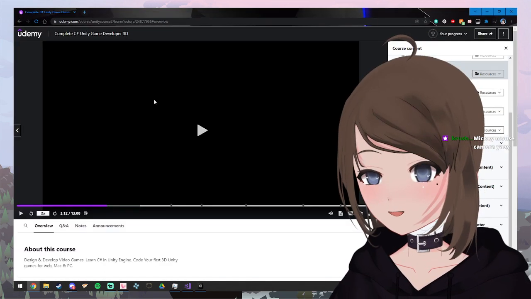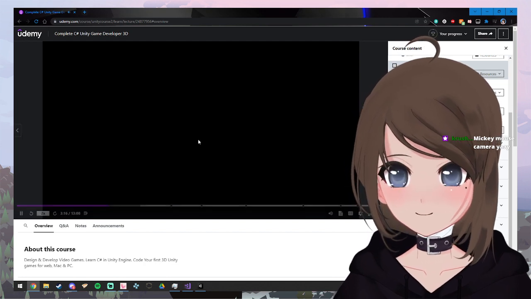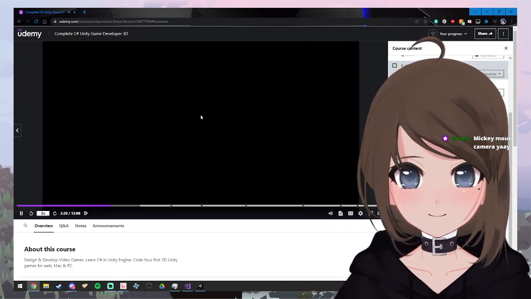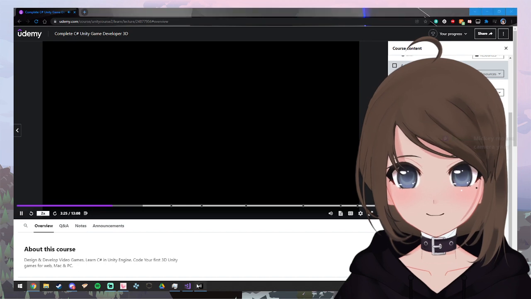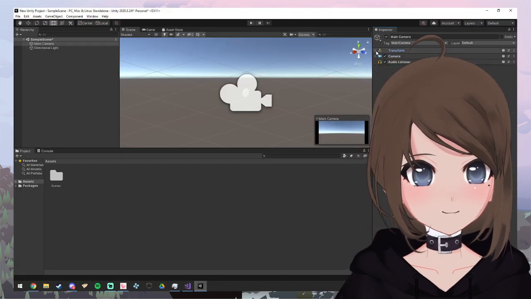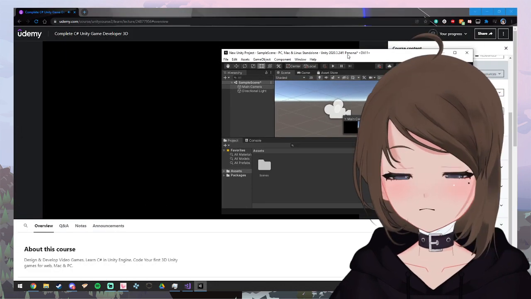These are the different components. If we close them all up so they're nice and tidy: transform, camera, and audio. I said I was going to close them up, then I opened them all up again. These are the components that make up the game camera. Now every game object in our scene will have a transform. Transform is the position, the rotation, and the scale. Basically that's where it is in the world, which way it's rotated, and how large it's scaled.